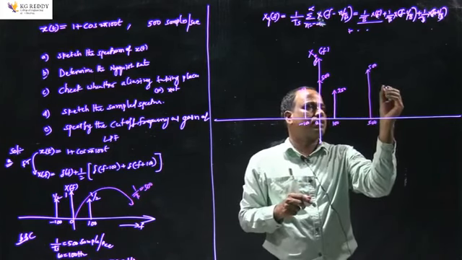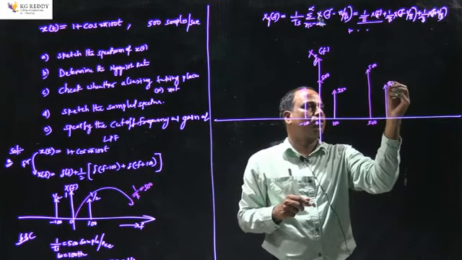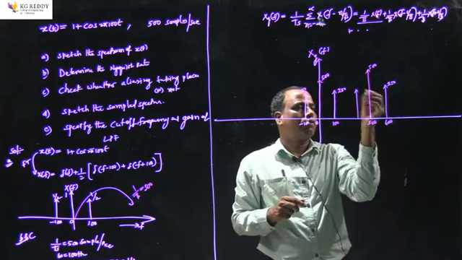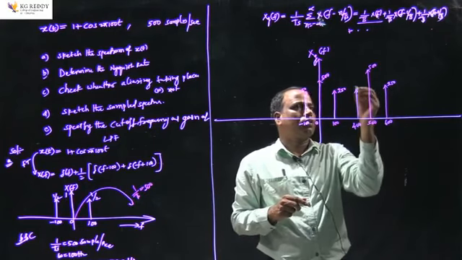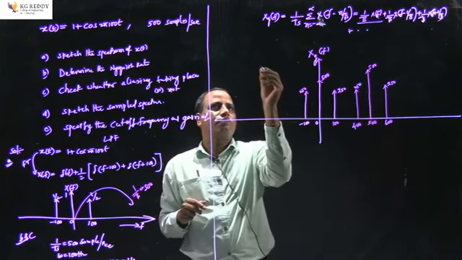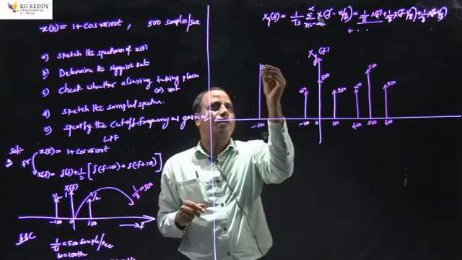So 500 plus 100 becomes 600 with 250, and 400 with 250. Similarly, the negative side will also have the same analysis at minus 500 with an amplitude of